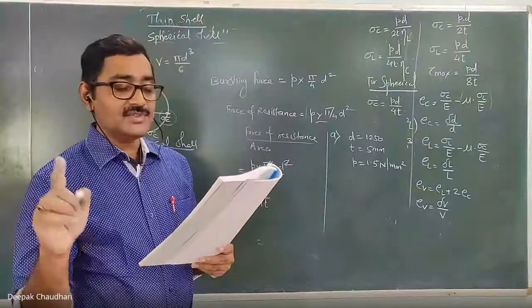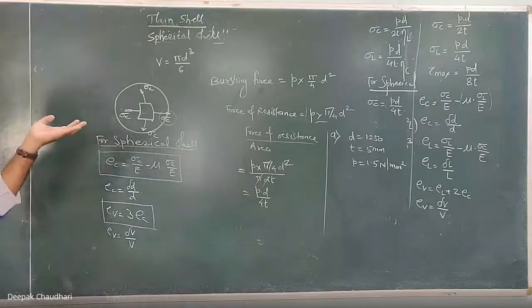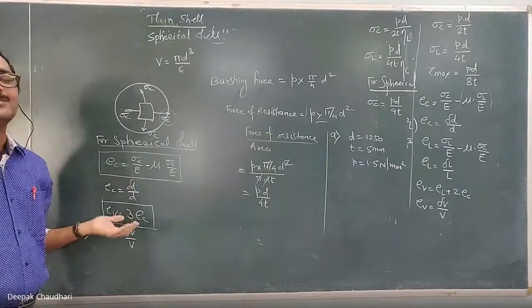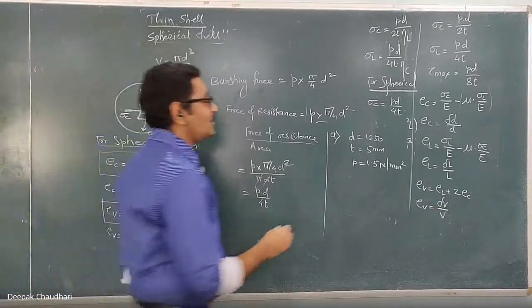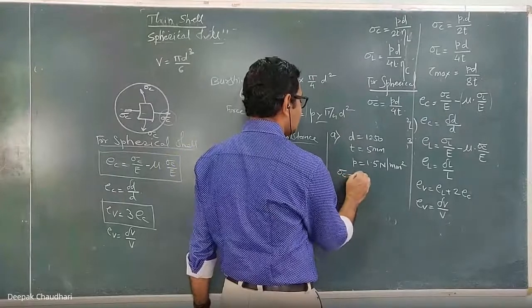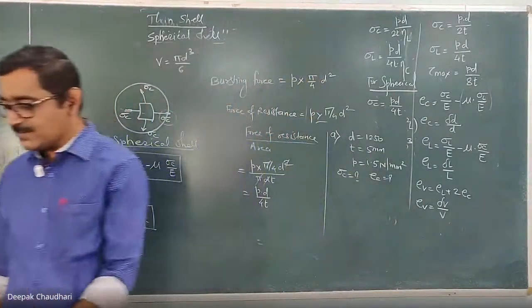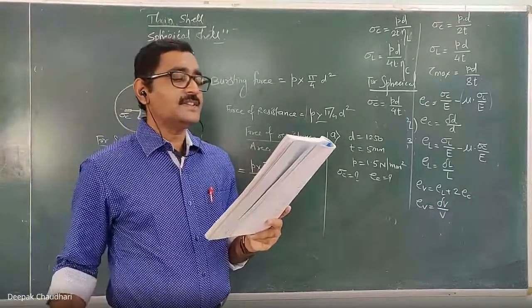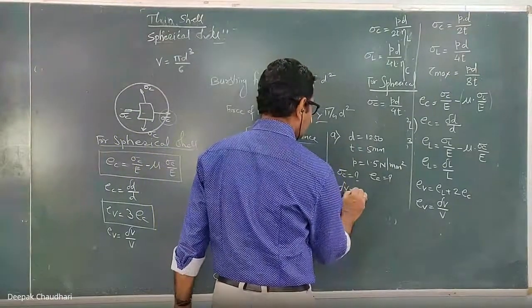Determine the surface stress, surface strain. So it is asked to calculate the surface stress and surface strain. So the circumferential stress and strain, what we have calculated, these are nothing but the stresses and strain inducing the surface only. So in short, we have to calculate the circumferential stress here and circumferential strain here, which are known as the surface stresses also. Calculate the surface stress and surface strain and change in diameter